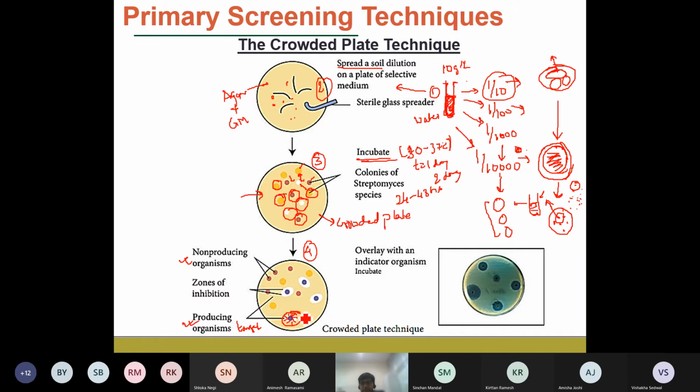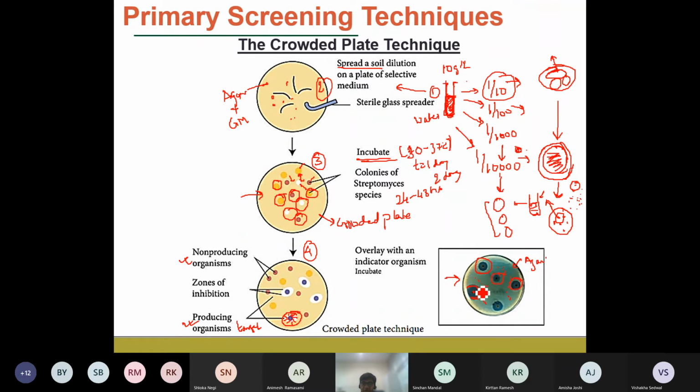Okay, so by looking at the zone of inhibition, this one shows one of the cultured plates. So here you can see it is an agar plate which contains the growth media, and that makes it suitable for the growth of the microorganisms. But suppose this type of antibiotic-producing microorganism is there, what is happening? It is growing in this particular place, but it is releasing these antibiotics around this periphery, and because of that, you can see this white part, the other microorganisms that are there are not able to grow in these particular regions. So this is your targeted microorganism.